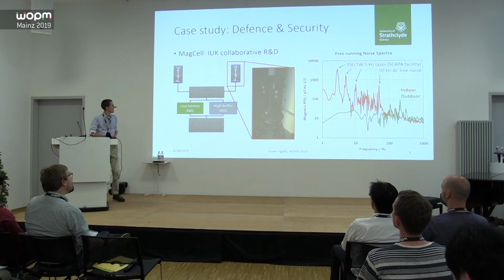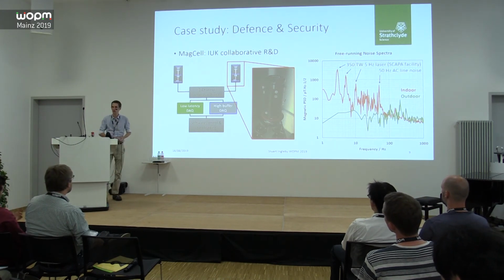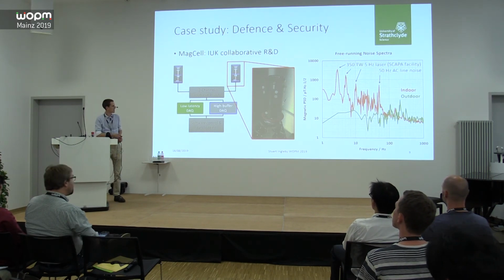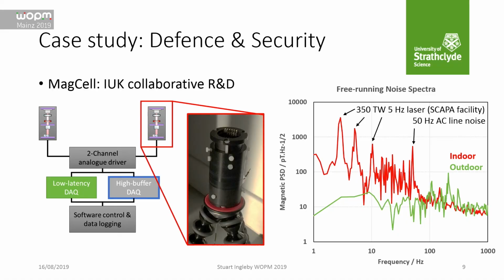So with these subsystems in place, we did another collaborative research project, this time in the defence and security sector. And what we've got there is a slightly larger package than the one that I've just showed you. It's sort of the version before. There were two of these with all the analog drivers that I've talked about, and some commercial data acquisition that allowed us to do a low latency locked type of measurement and a higher sampling rate